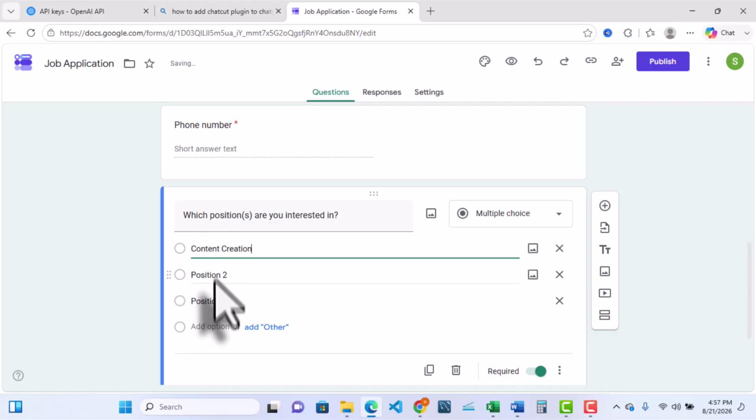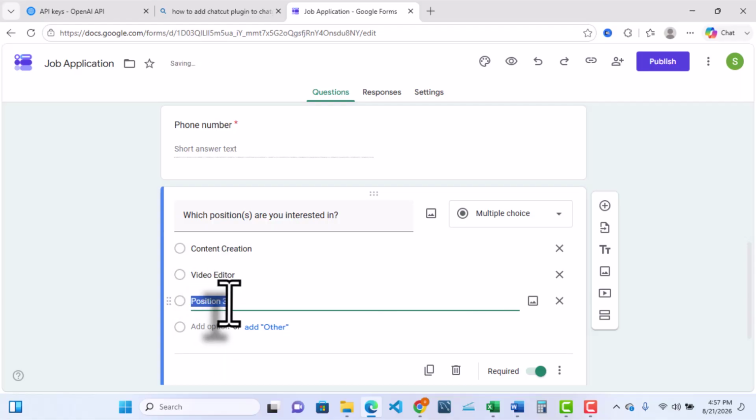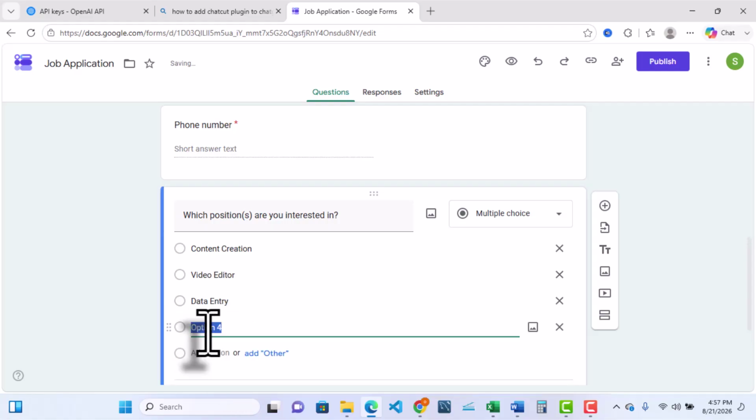You can see it is very simple to do. Let's say the editor, video editor. Now once you come up here, let's say we have data entry. You can also click here to add more. Now let's say we have